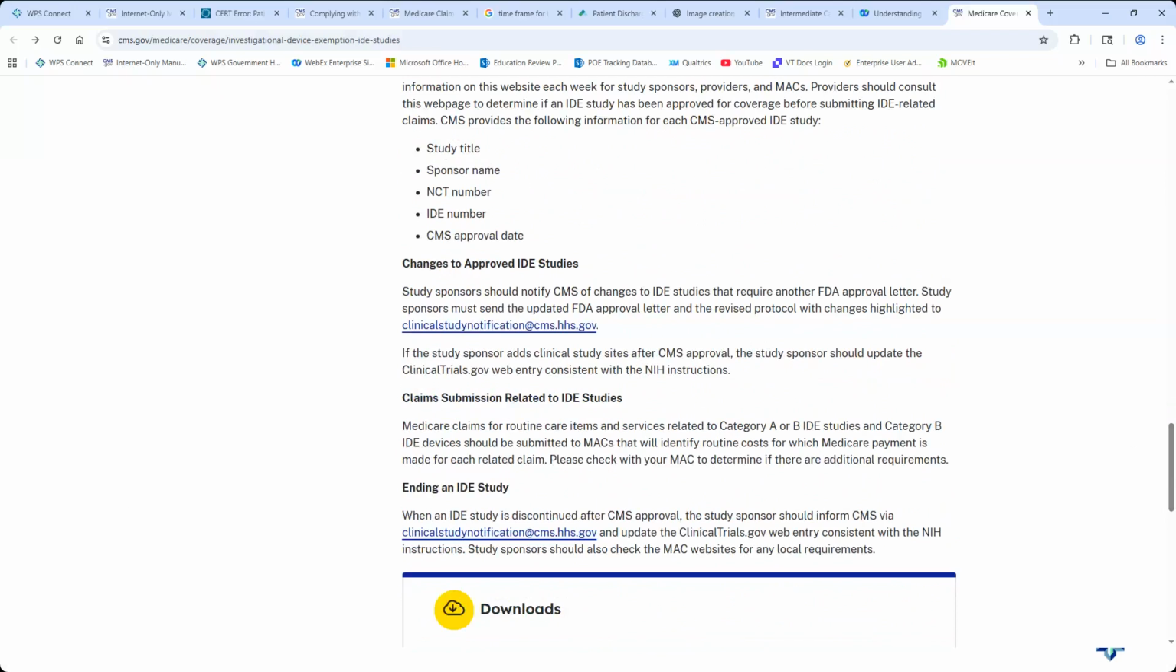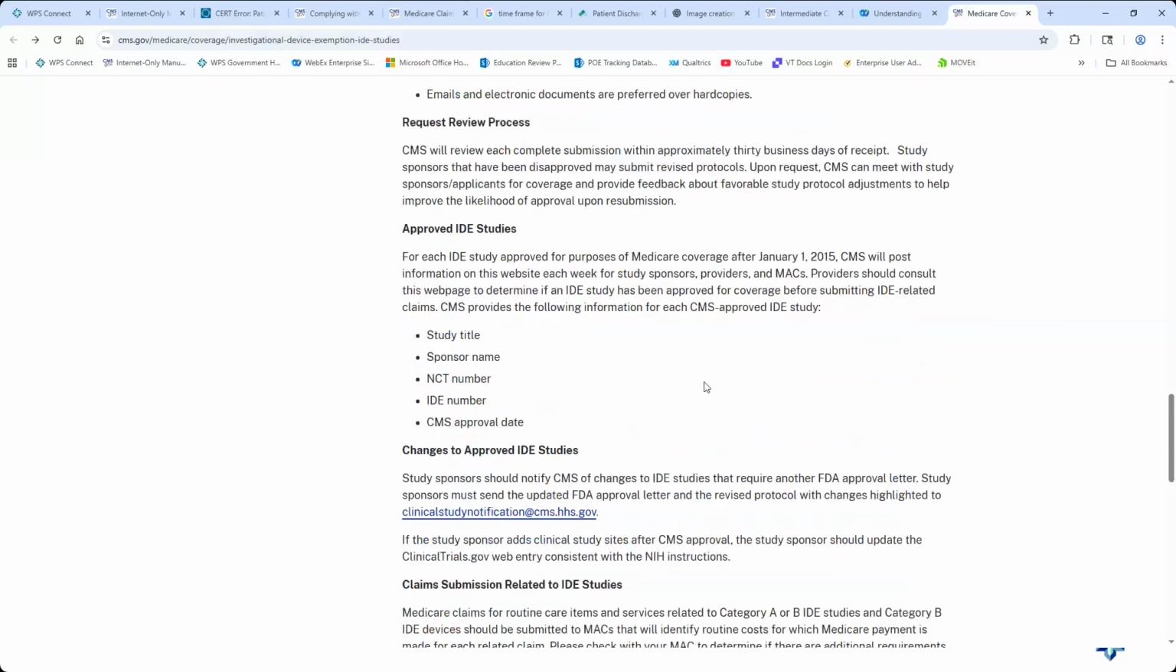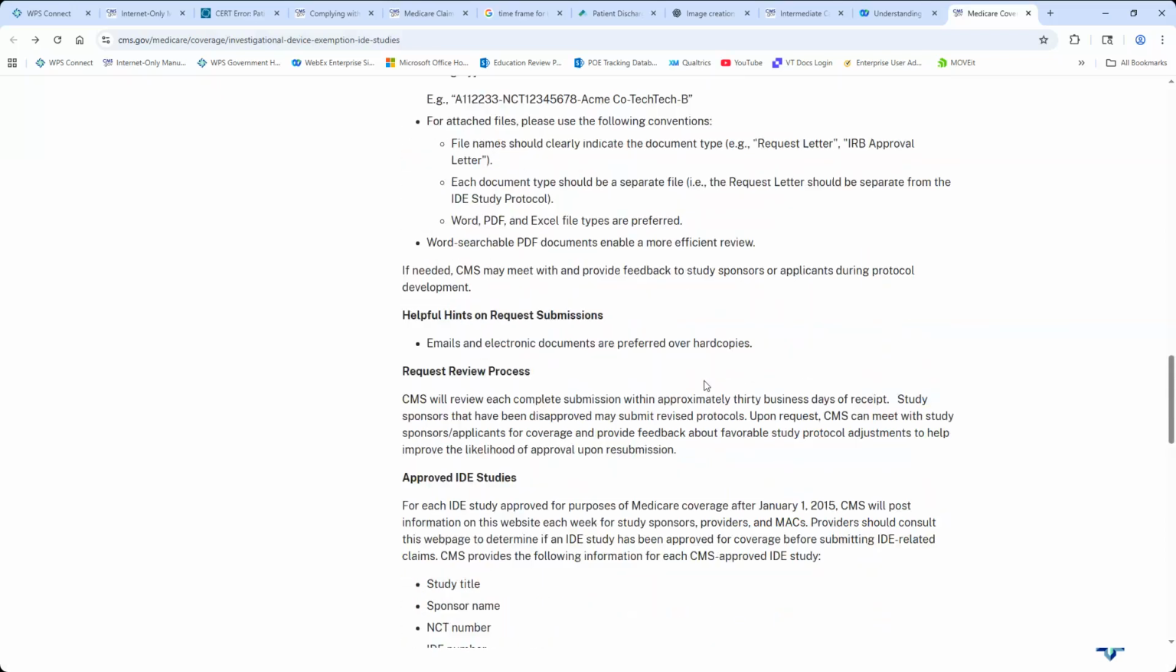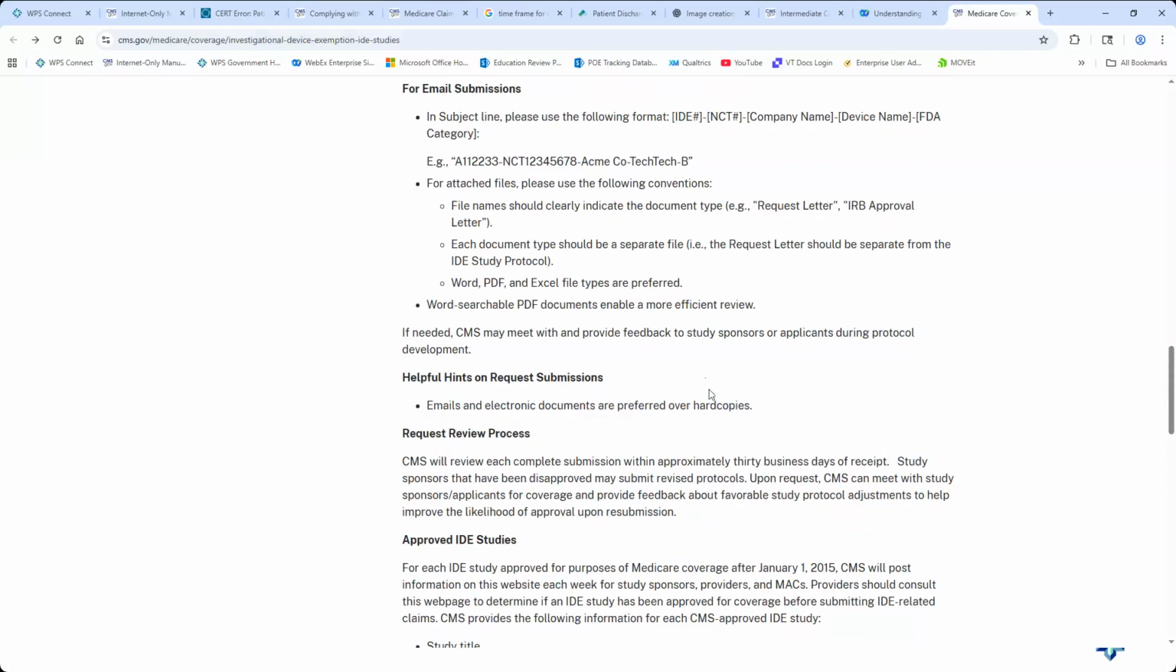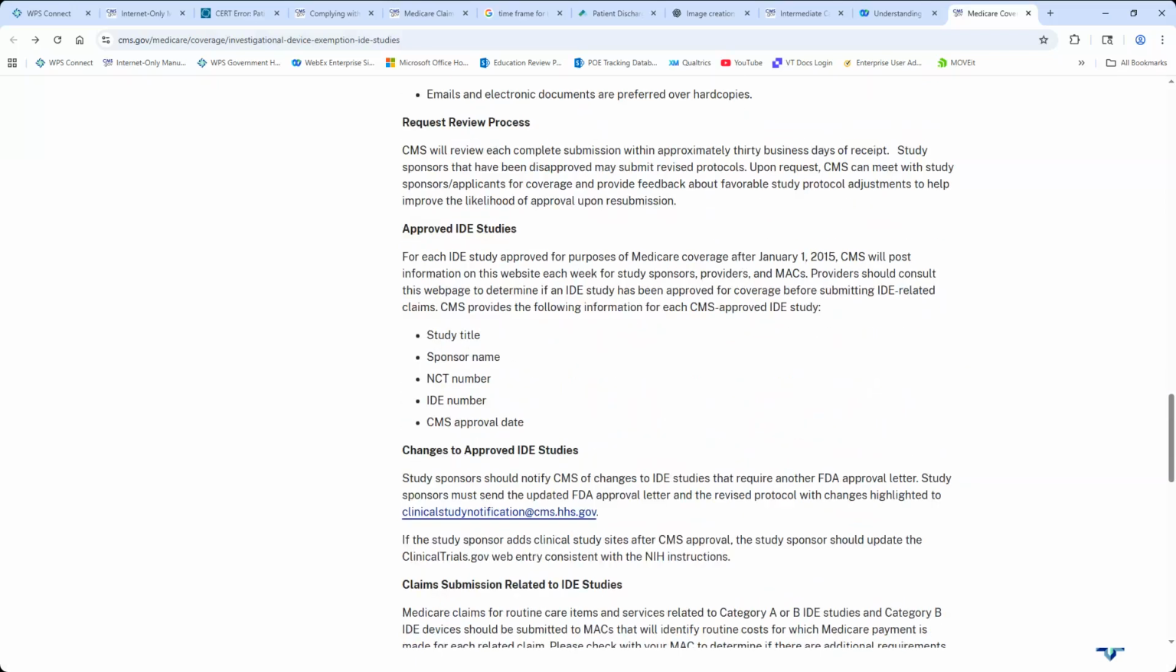It does take about 30 days for each review through CMS. So you've got to make sure you're allowing them some time to get through on their end and complete their review for you before a decision is made. For approved studies, CMS will post information on its website each week for the study sponsor, providers, and even the MACs. So make sure you're verifying approval on CMS's website before you start submitting those